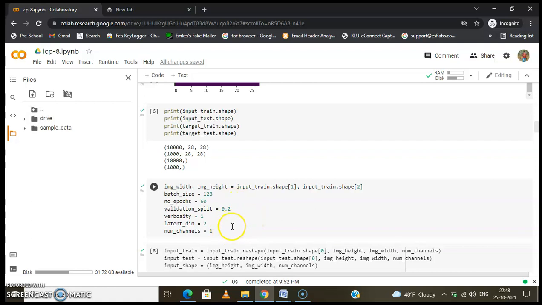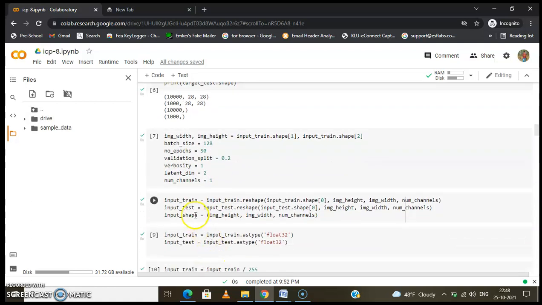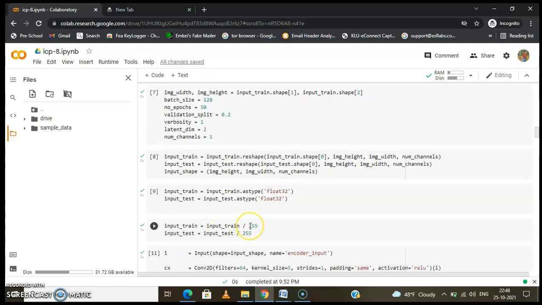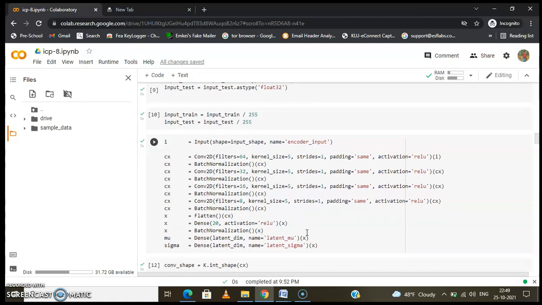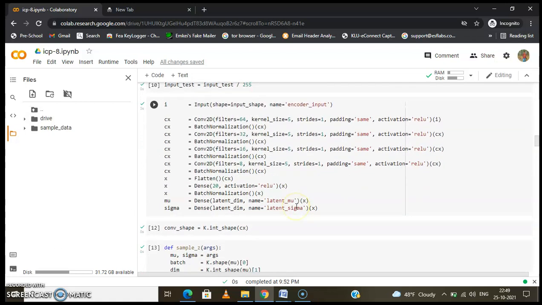So here we are reshaping the data, and we are normalizing the pixel values of each image. We divide by 255 so that it will be normalized, as you can see here.